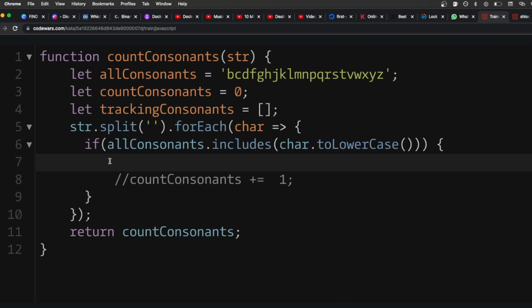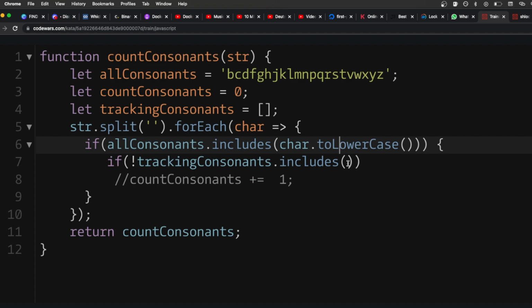If I meet a consonant, I want to take it and put it inside tracking. So before putting inside tracking, I'm going to check if the consonant is already inside here. So there will be another if here. If this tracking guy here includes, or let me negate it, like this, negate with the exclamation sign. If it doesn't include our